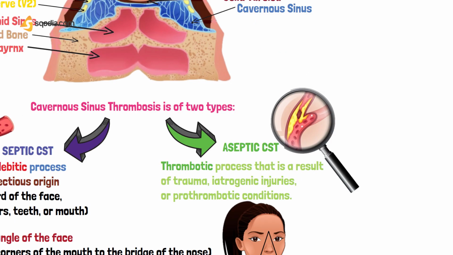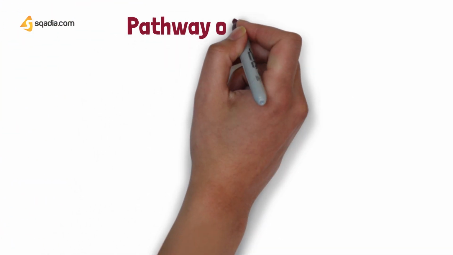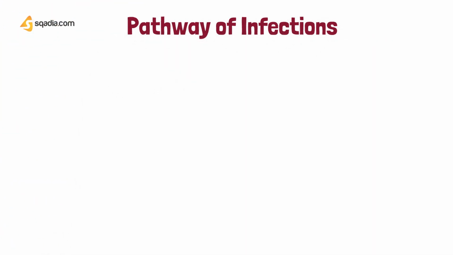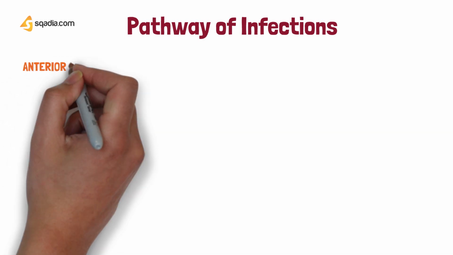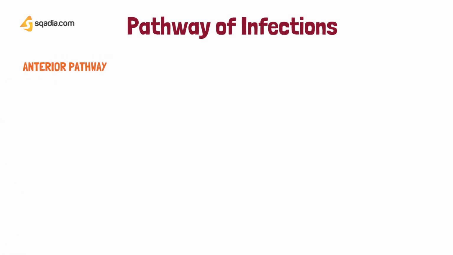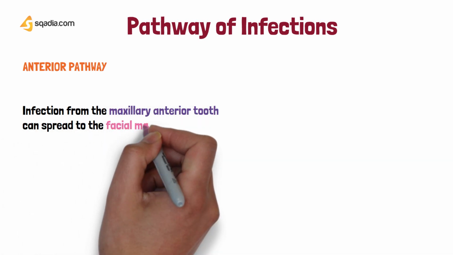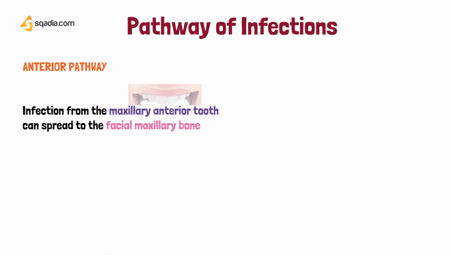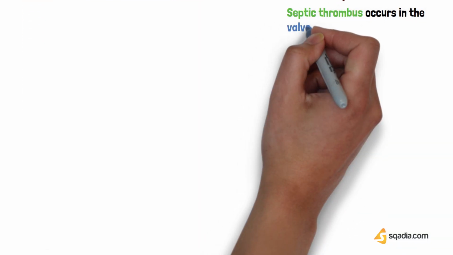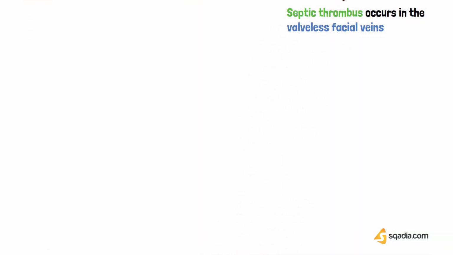The cavernous sinus thrombosis may occur through two pathways, the anterior and the posterior. So, the anterior pathway, in this, the infection travels from the maxillary anterior tooth and spreads to the facial maxillary bone. This spreads to the canine space. The septic thrombus occurs in the valveless facial veins. This means that there are no valves in the veins, so the thrombus can move either in the forward direction